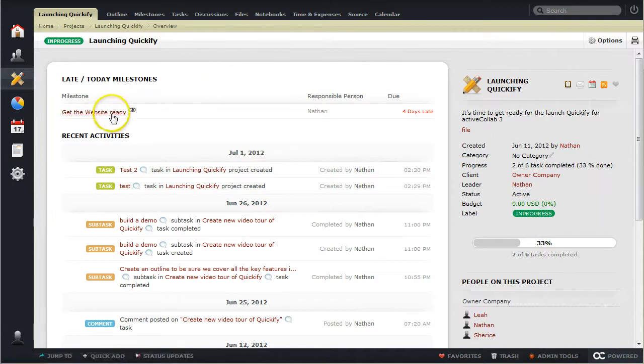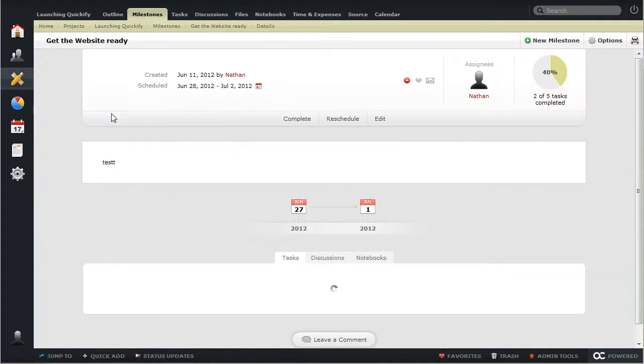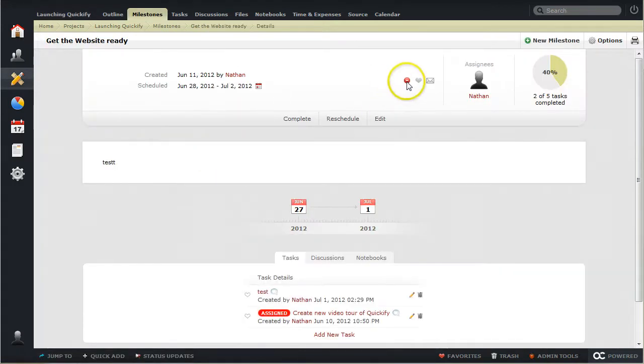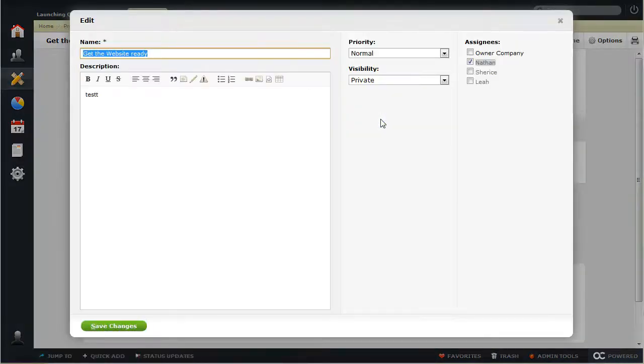So when you click on the milestone, you'll see that this is a private object. You'll have the option in the edit screen to change between normal and private visibility. What we've actually added as well is if you switch from private to normal, we'll give you the option to change everything inside that back to normal visibility as well, which is great if you're preparing a milestone with a bunch of tasks in ActiveCollab 3